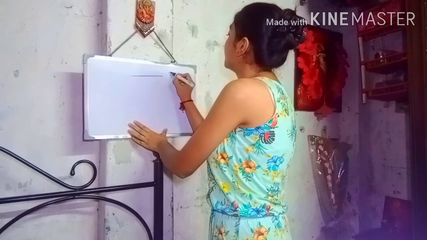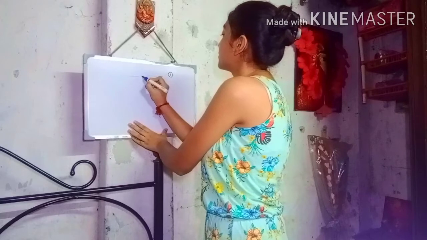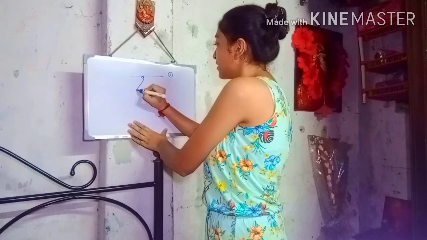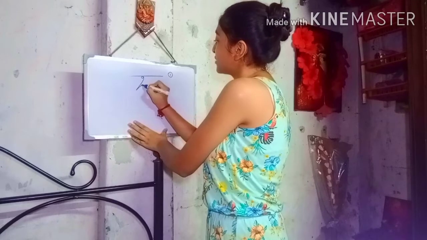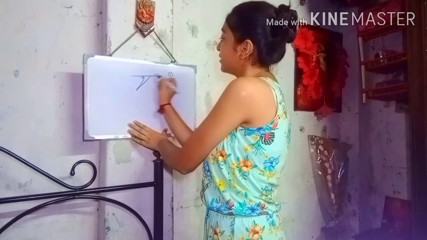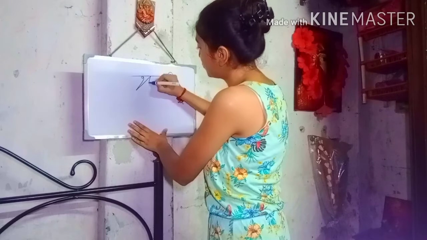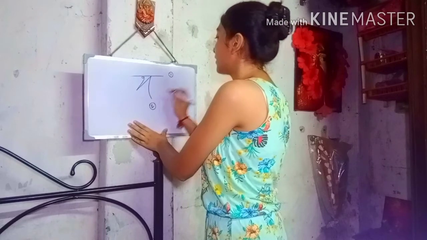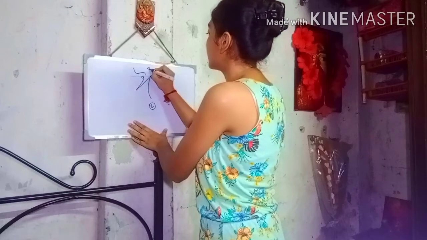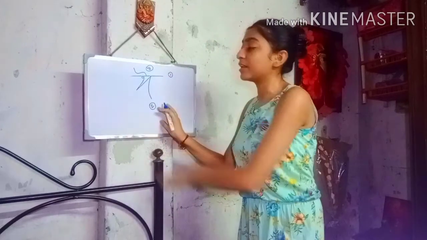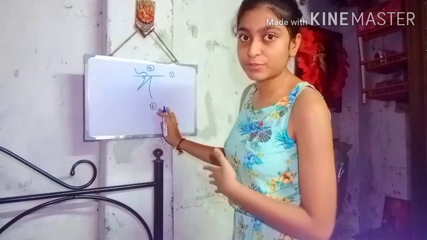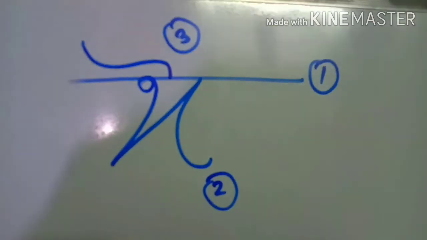So let's write it once more. First stroke, a small circle, and we just have to do like this, and from this point we attach over there, and from there to this. This is the second stroke, and the third stroke is the sticky one. Now this is called Dirghoi. Have a close look at it. So it is a closer look.